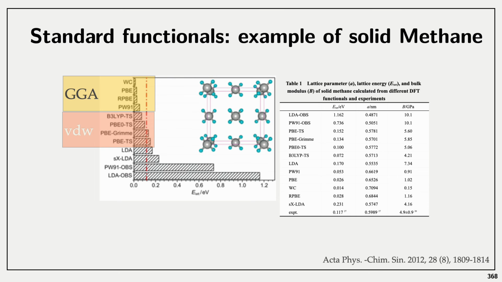So if you look at the left-hand side and you look at the red vertical line, which is the experimental data, so it's what you want to obtain, you can see the different methods. As we know, PBE grossly underbinds. PW91 is another GGA method. And so they do underbind, they do not actually include van der Waals at all, but because they make errors in the rest, it still finds an interaction energy between the molecules, but it's not of van der Waals origin, it's just of errors in the fact that they're semi-local